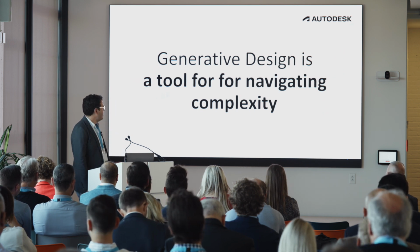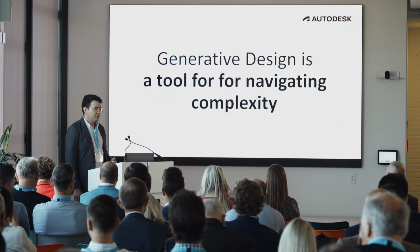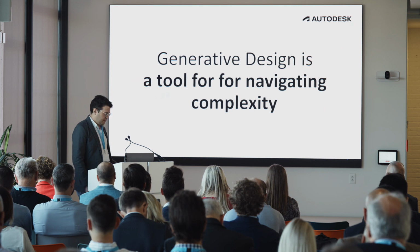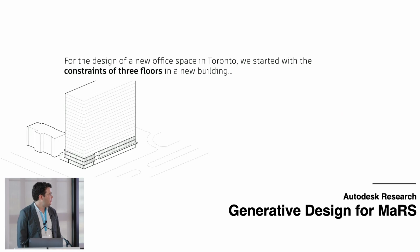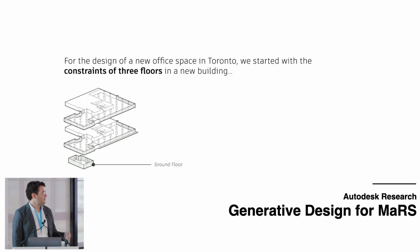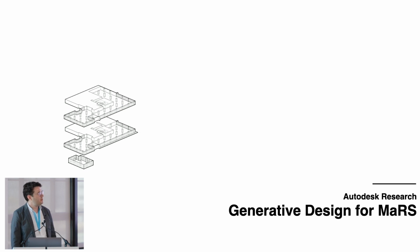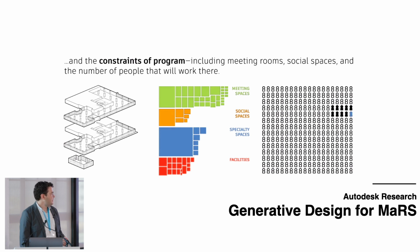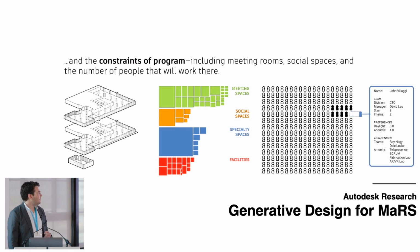We provide hints at how we should start to solve the problem, but the computer really lets us do things like rapidly explore options and start to correlate huge amounts of data. In the mid-2010s, we'd seen a lot of examples of this for manufacturing, but demonstrations in AEC were a little bit scarce. So we kind of ate our own dog food, and we did it on the Toronto